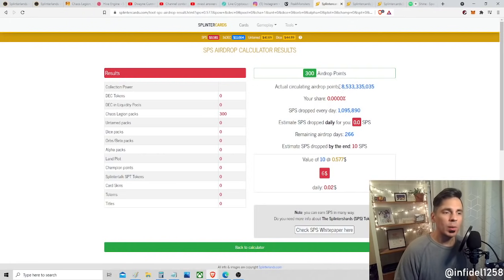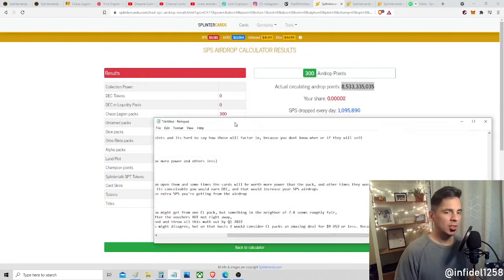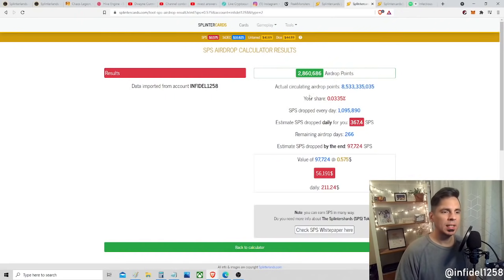It's hard to understand how fast those Chaos Legion packs will be released, but as they are completely released, these total circulating airdrop points will go from 8.5 billion to 13 billion. That's a 52.9% increase. And that's why if you guys are staking, if you've been collecting SPS since the beginning